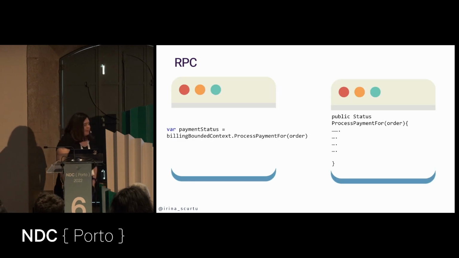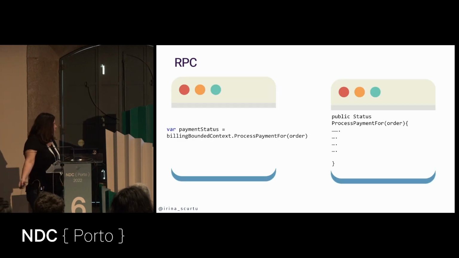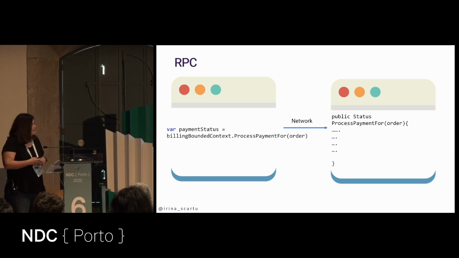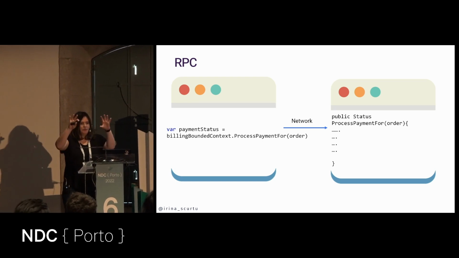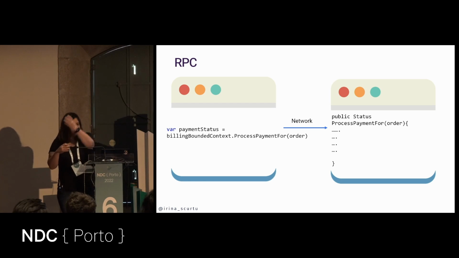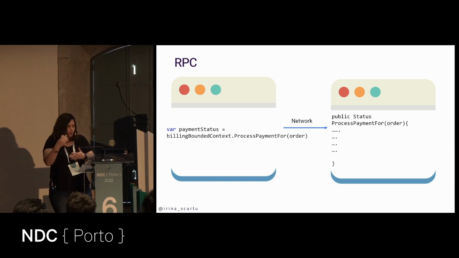But one thing that happens is whenever you call a specific method, there is a network call involved. And you might have the tendency to abuse it. The code looks local, and you forget the network, and you tend to make additional calls. Okay, when you have, for example, HTTP clients that make calls to different services, those services are obviously different applications, and you make an HTTP call over the network, and you're more aware of that.